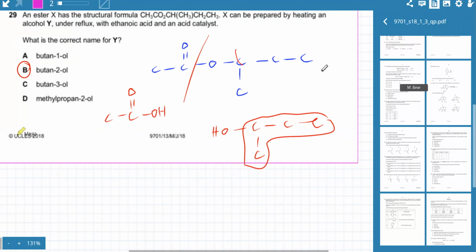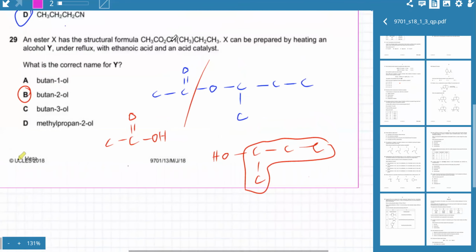Okay. Remember, you don't have time to draw. You don't have a lot of time. You just have 1 minute to solve this question. You can't go about drawing the hydrogens as well. So just focus on the carbon atoms. That's one carbon, another carbon. Then there's CO2, that's the carbonyl bond O and O. Then there's another carbon atom here, and that carbon has a branch of a single carbon atom and 2 carbons in front of that. The rest are all hydrogens. CH3, CH2. This is CH, CH3.